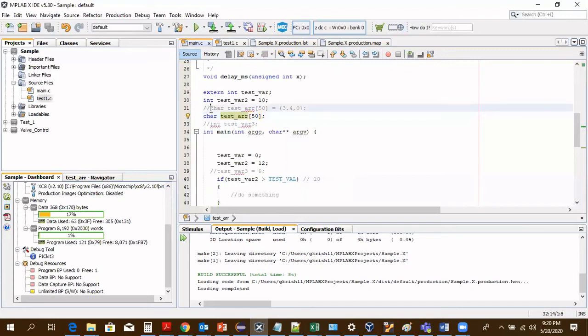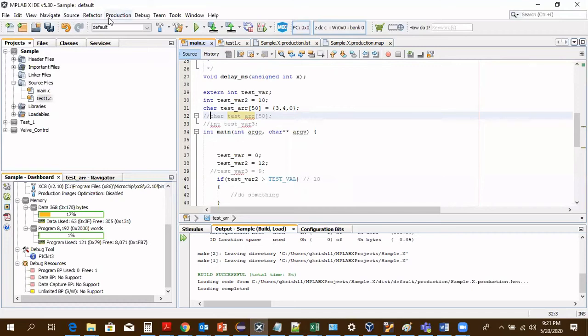Suppose let us say that I am initializing only three of the array elements. Test array is of size 50. I'm initializing three elements of the test array, 3, 4, and 0. If you do that, what happens is the remaining elements will all be initialized with 0.